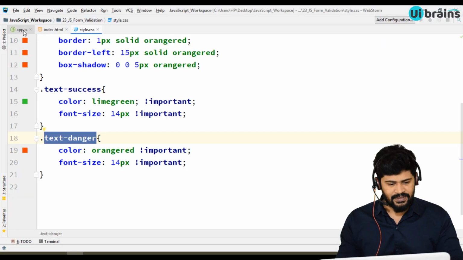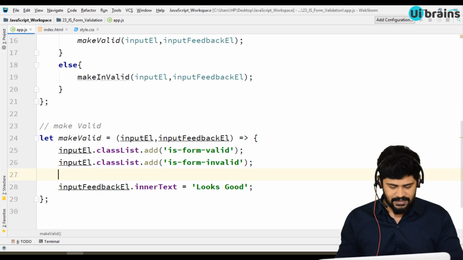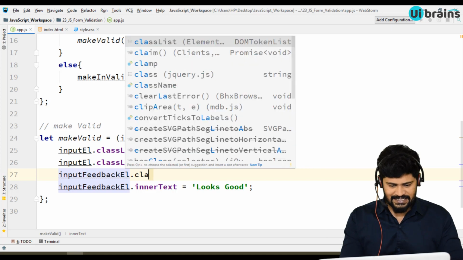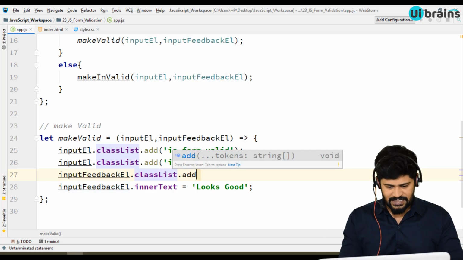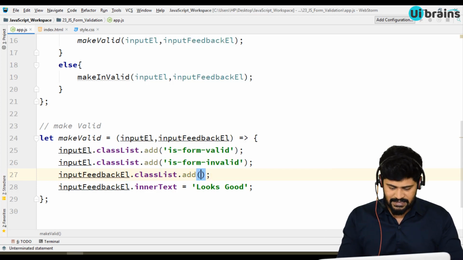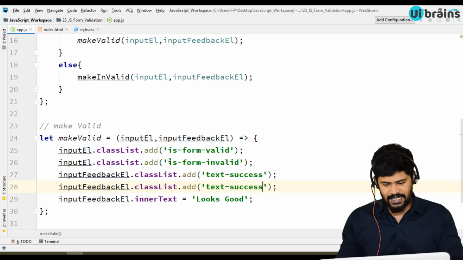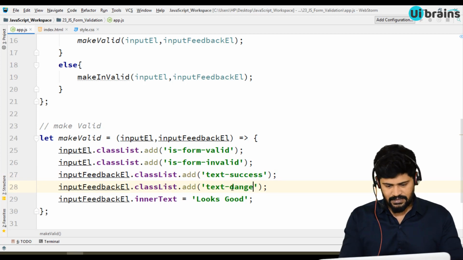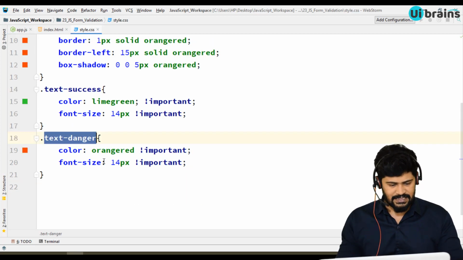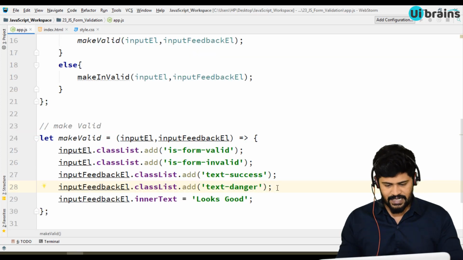So back here, input feedback element dot classList dot add, and what I'm going to add is text-success, and I'm going to remove the danger. So I have two classes, so I'm just doing that here.